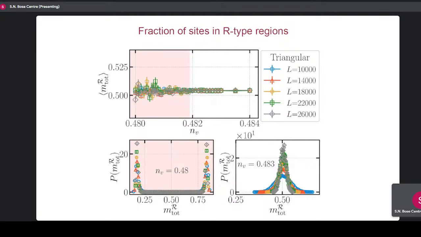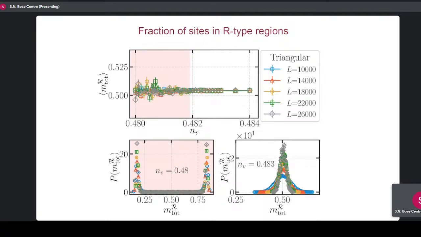And we haven't done sort of bad numerics here. In fact, we have done more averaging, more samples, more care has been exercised in this region compared to that. But no matter what we do, it's not. So when we looked in detail, we realized it's because there's something intrinsic happening: there's a bimodality in the large scale delay. So some half of the samples roughly have very large number of sites that live in R type. The other half are very small. So the total density of R type regions is fine below a certain threshold.